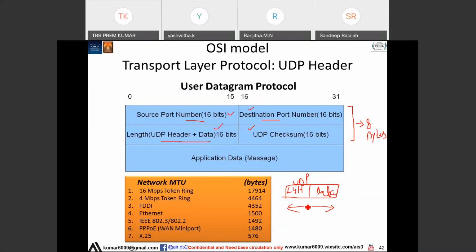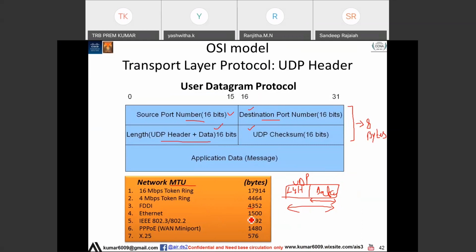Header length. So now if you take this data, there are different sizes there. If in an interview they ask you what is the maximum MTU, the maximum size of data, you can say MTU is 16 MB for token ring, 4 MB for token ring, FDDI is 4 MB, Ethernet is 1500.